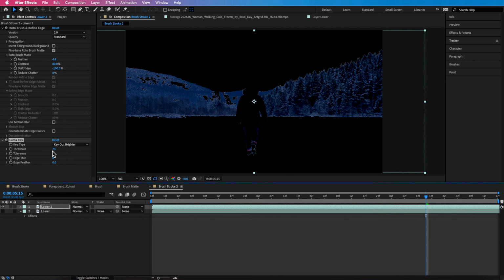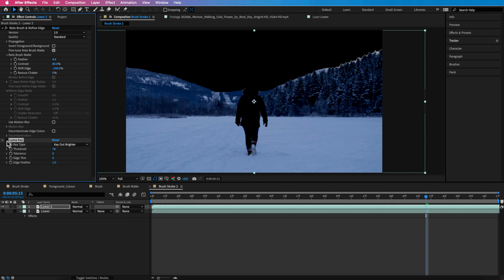Just going to turn off that bottom layer so we can see what we're doing. And I want to try and remove those little edges there. Now I'm not worried about all this bottom stuff. I'm just trying to focus on removing that top part. So that's just going to help. If I just show before and after, it's just going to take out those little bits of edge here